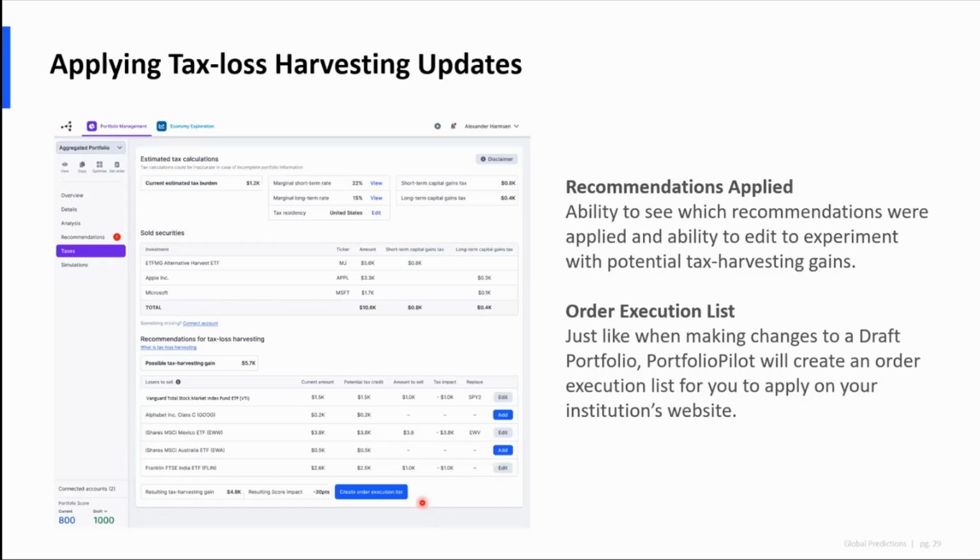And then you can go and log into your brokerage account and make those trades. For everyone that is not familiar, and I just want to preface this as well, we are a read-only platform, meaning that we do not make trades on your behalf. It makes it safer for everyone to use, without the fear of accidentally doing something that could affect your portfolio. But the nice thing is that this way you can experiment without actually trading.